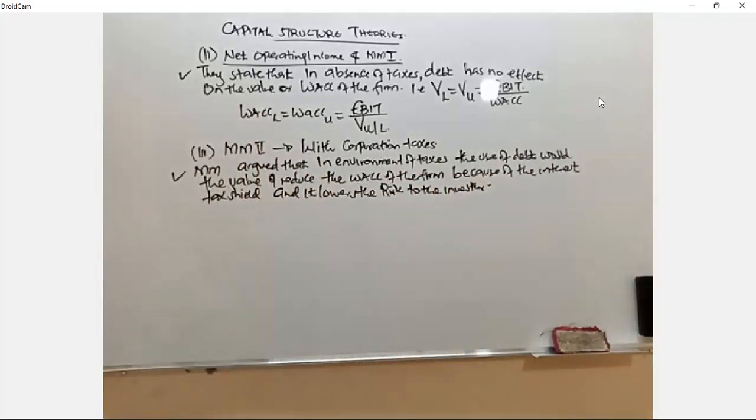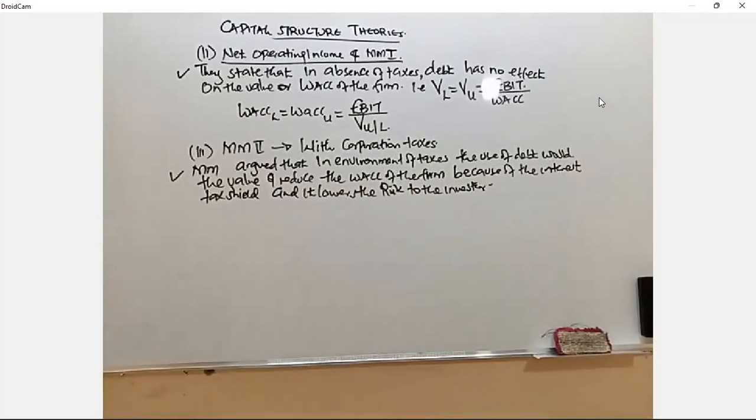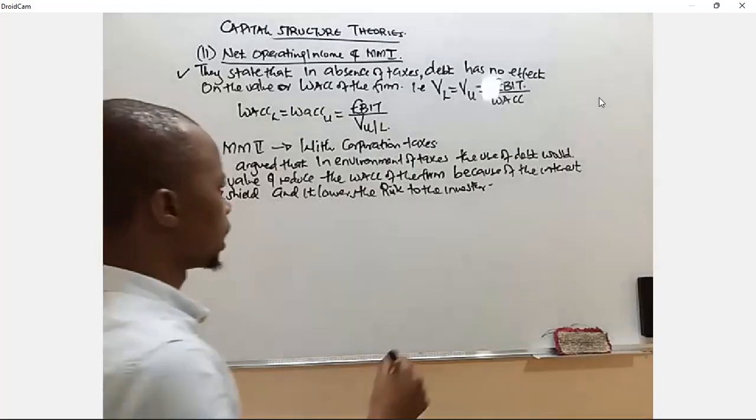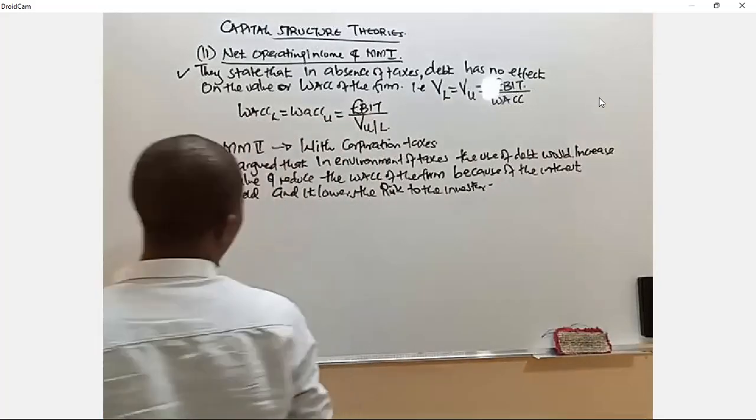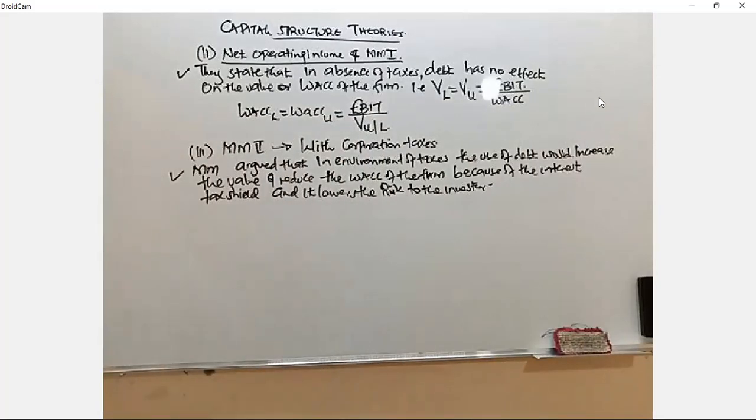I have said under MM2 that Modigliani and Miller was able to argue that in the environment of taxes, the use of debt would increase the value and reduce the WACC of the firm because of the interest tax shields, which lower the risk of the investor. And remember, because we are analyzing two concepts here, where we are dealing with unlevered firms,